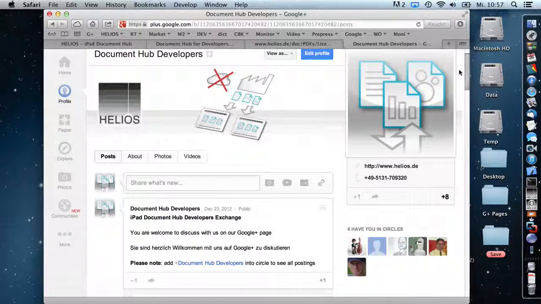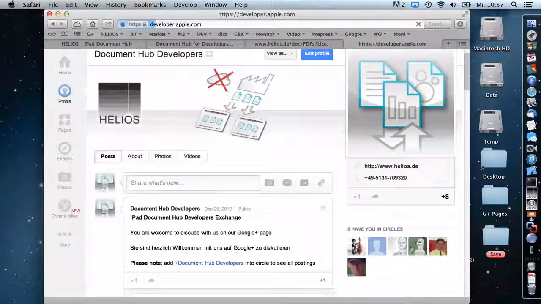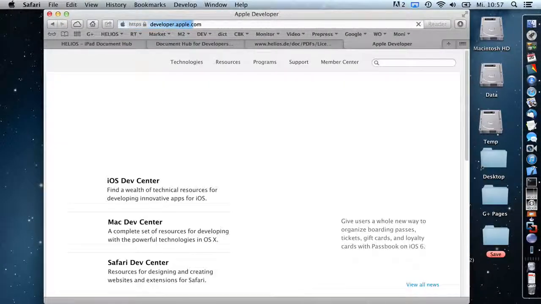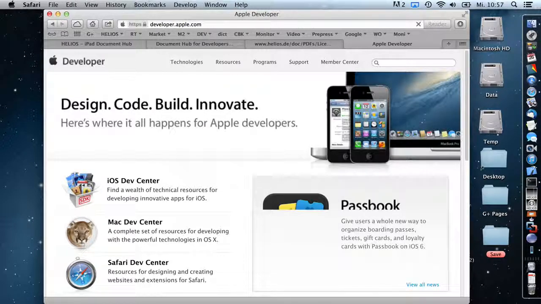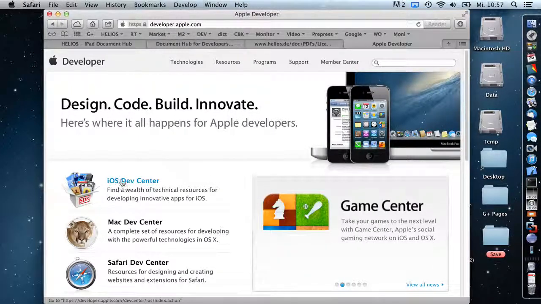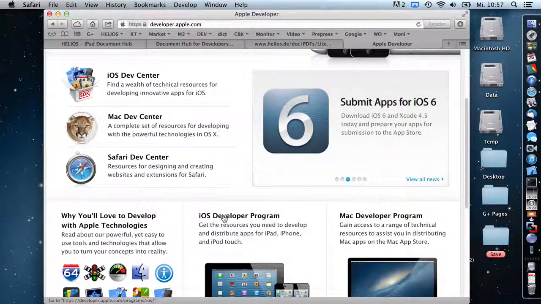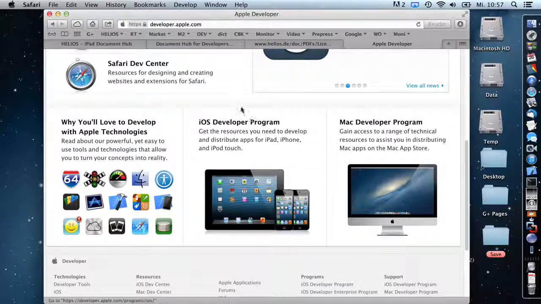Okay, so then the next step is, and for this I go to developer.apple.com to get an iOS developer. There are multiple options to get an iOS developer. So basically going to developer.apple.com, and there is a so-called iOS developer program you can click on here, and then you have to see that for the iOS developer program